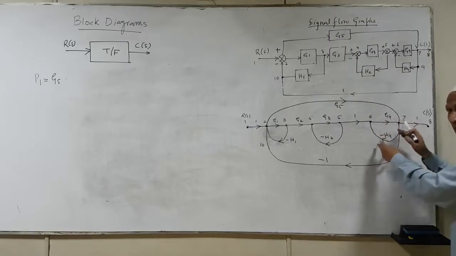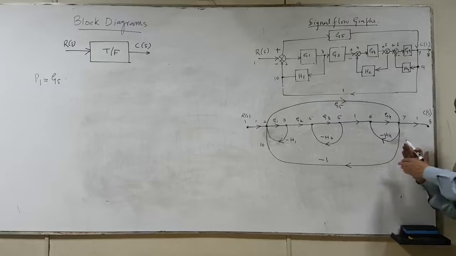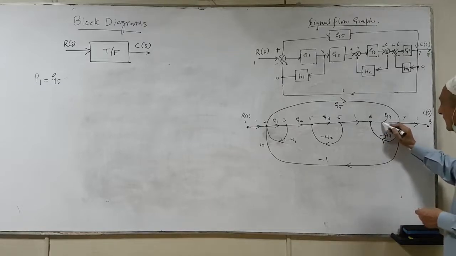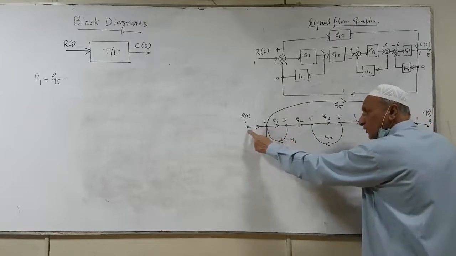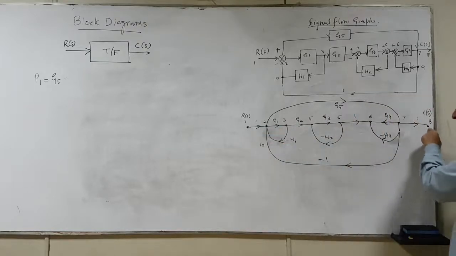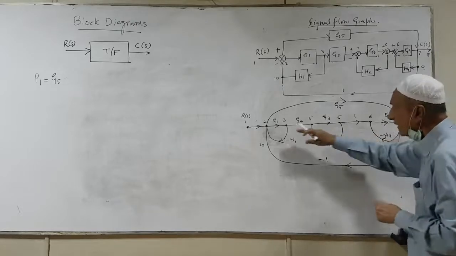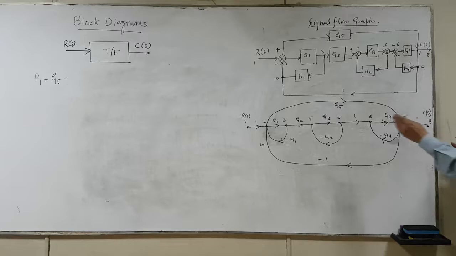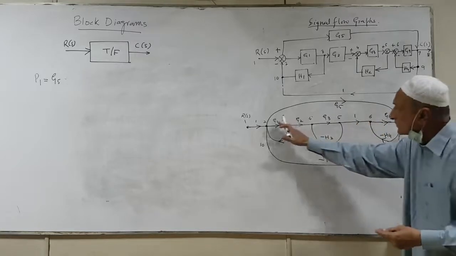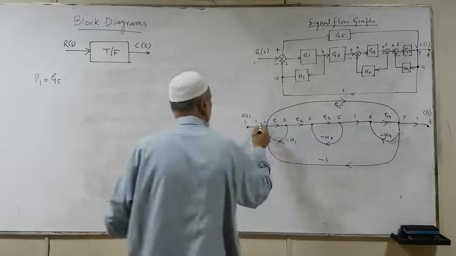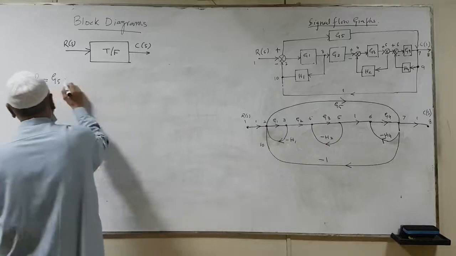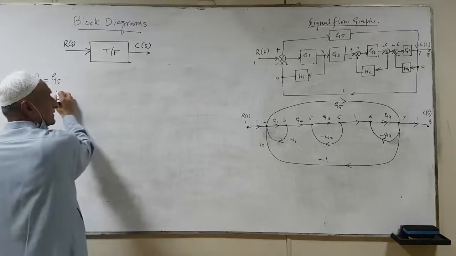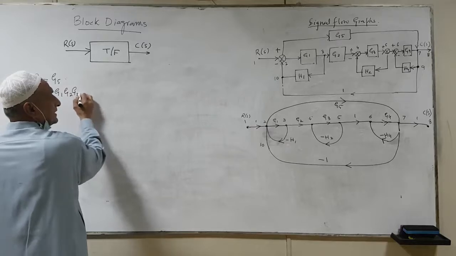If somewhere the arrow is in the opposite direction, then you can't actually reach the output, remember. For example, if this arrow is in the opposite direction, you just stop here. It doesn't complete your forward path. The forward path is only completed when you start from the input node 1 and end at the output node 8. In this case, all the arrowheads point from the input towards the output. So the collective transmittance is multiplied: 1 times G1 times G2, G3 times 1, G4 and 1. So we simply have P1 equal to G1, G2, G3, G4.